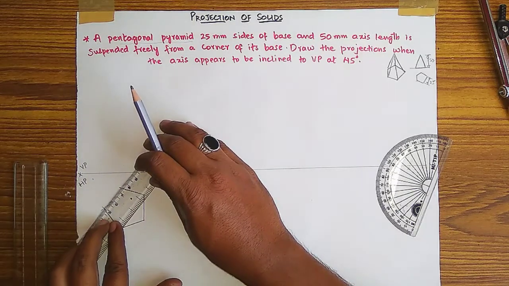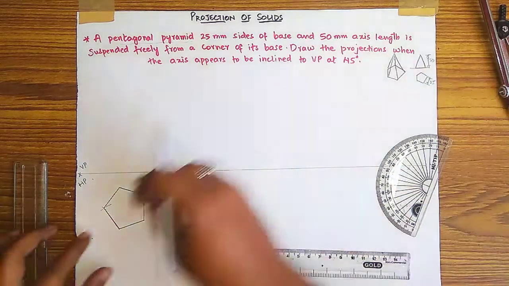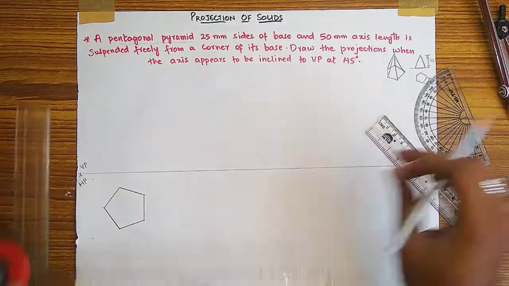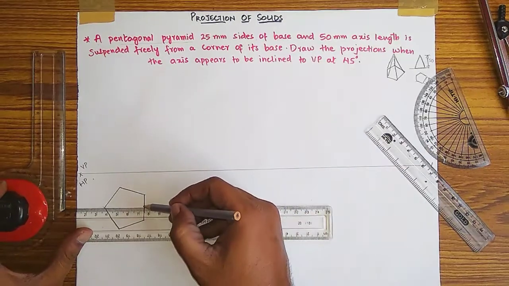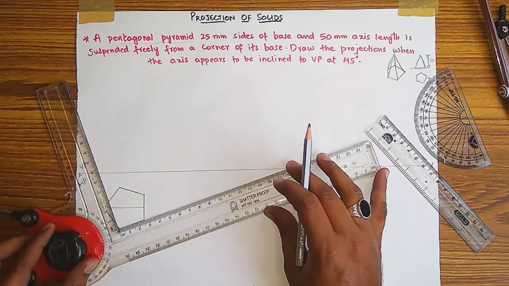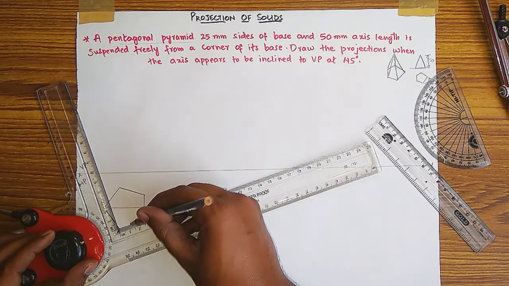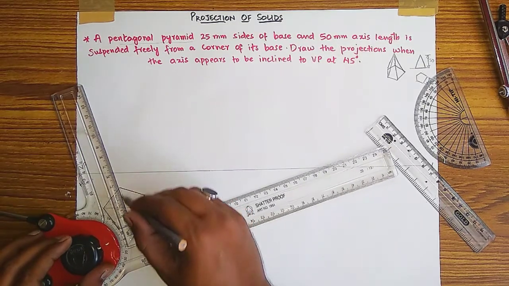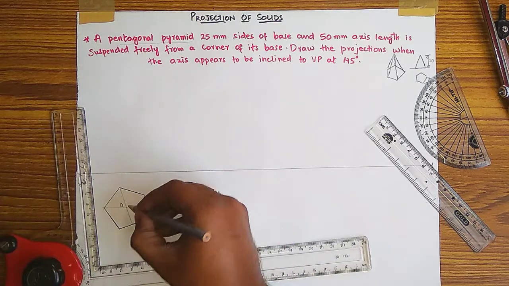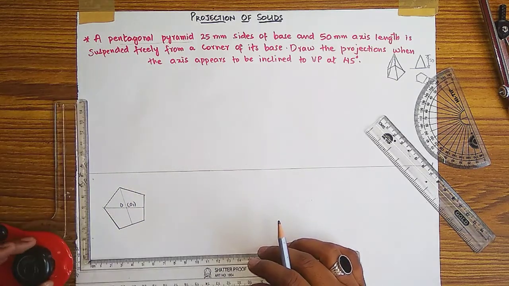Your pentagon is drawn, and you can rub out the arcs which you have taken. Now you have to find the center point: draw a median in the pentagon. Then take another line of 25 mm, half of which is 12.5, and on that point draw another arc. This is the center, meaning the origin of the pentagon. You have to label that with double labeling, O in bracket O1.